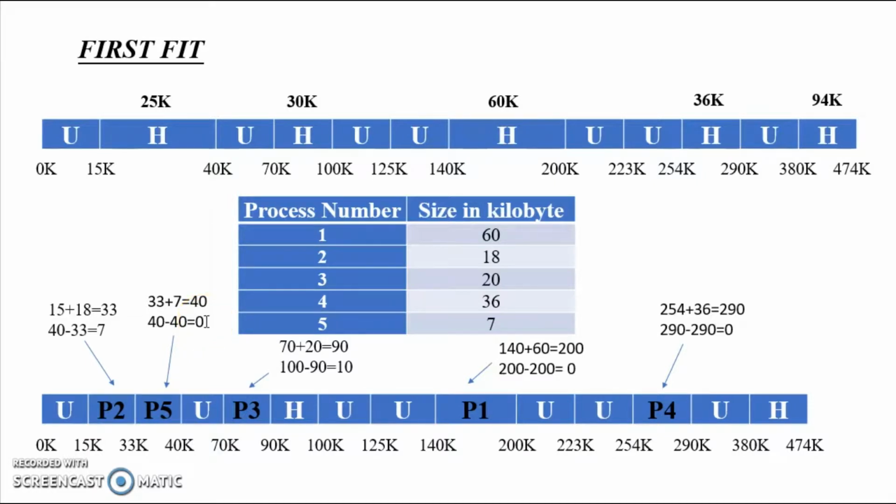So we go into the process number 3, which the size in kilobyte is 20. So when it comes into the first hole, this time the first hole is left up only 7 kilobyte, so it cannot fit it. So it goes into the second hole, which contains 30 kilobyte, and this time the second hole can fit the third process. So we put our third process into the second hole,